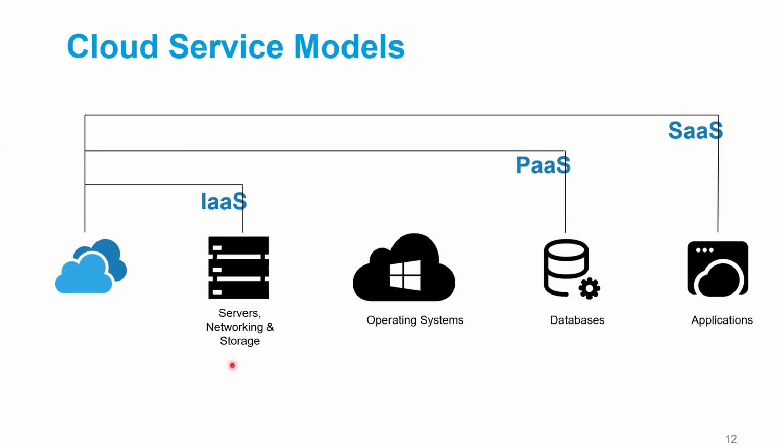So we call it a compute machine also. Okay. So infrastructure as a service means whenever you are renting out all these things, servers, networking devices, storage devices, we call it IaaS, infrastructure as a service. And then we have, if you want to rent out operating systems or databases,